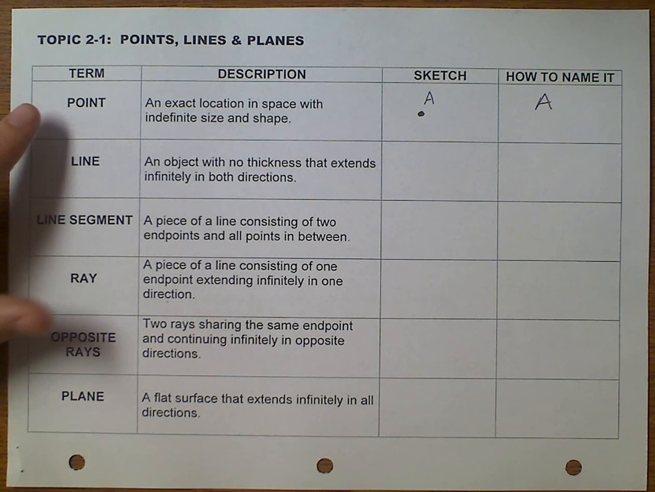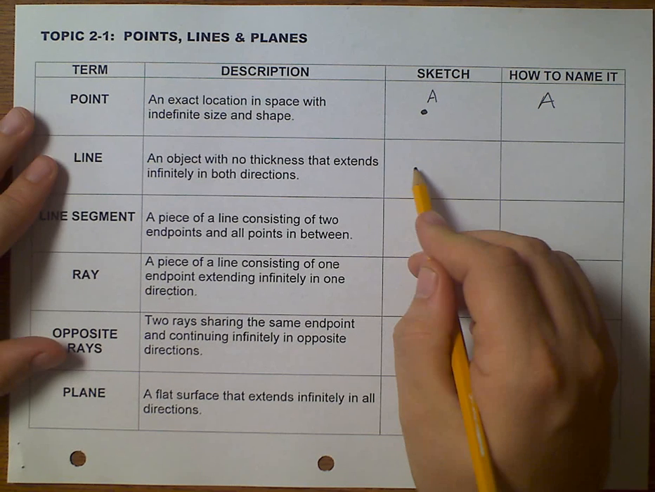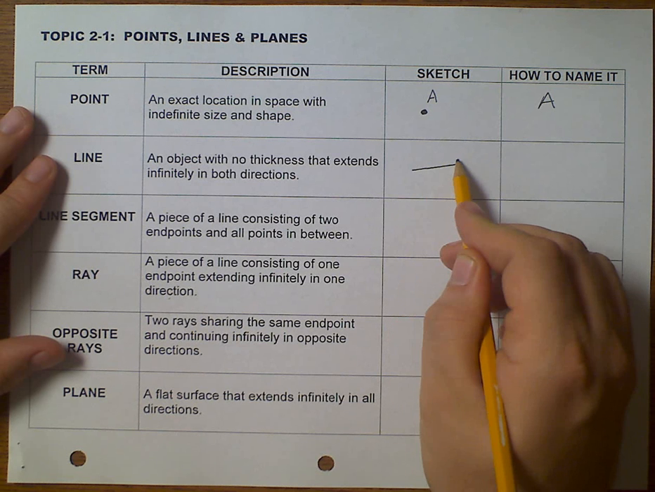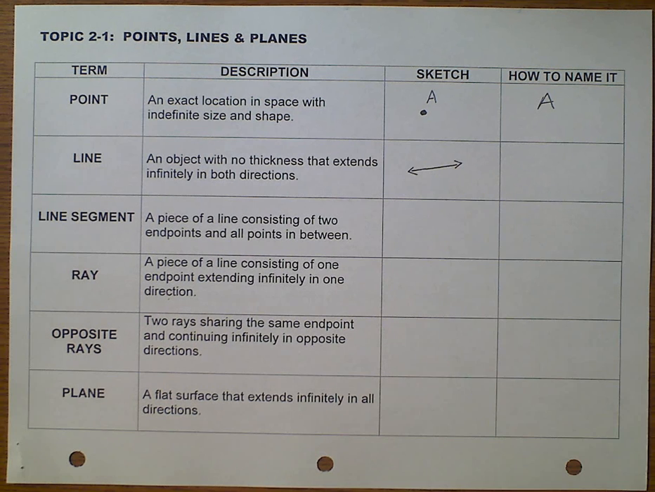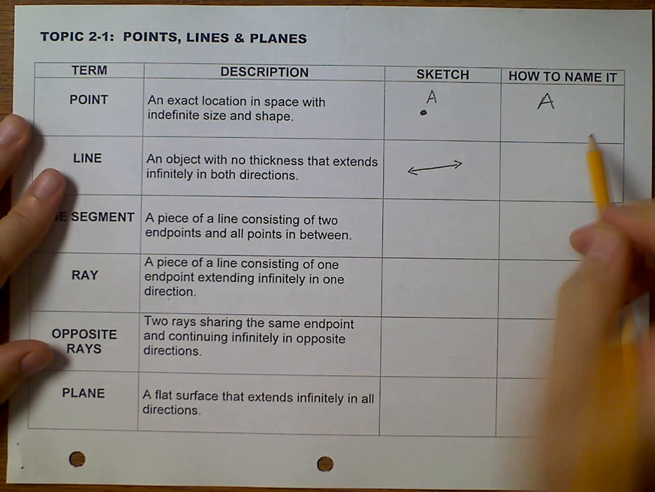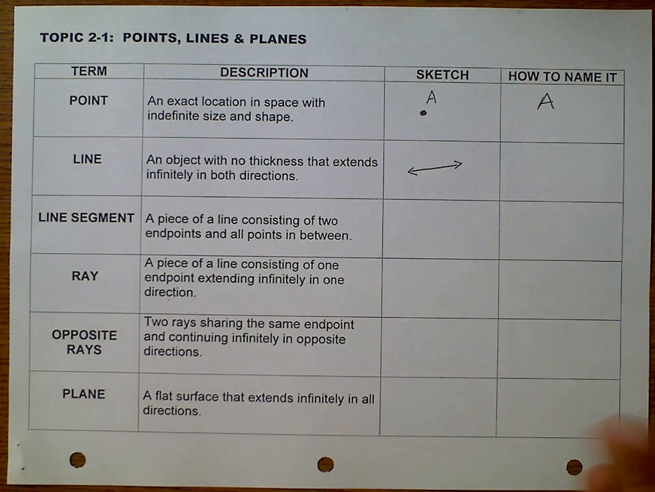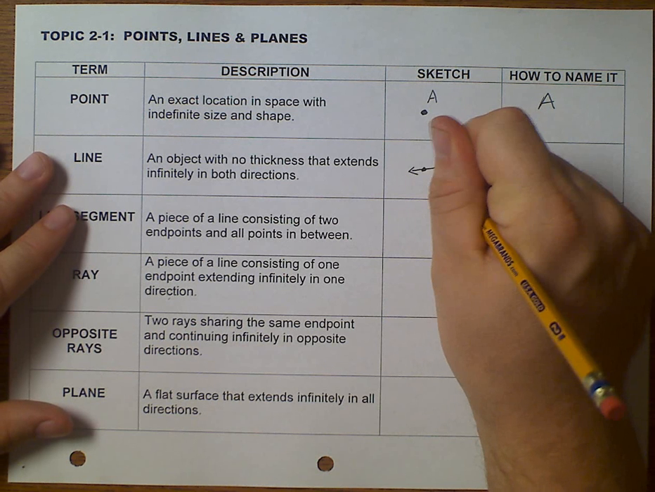Now a line is an object with no thickness and extends infinitely in both directions. So we're going to draw a straight line. In geometry, whenever we talk about a line, we're talking about something that is straight. Okay? And it goes forever this way, it goes forever this way, and it has no thickness to it. It's just a marker saying we're going this direction and this direction. And we can have a couple of points on there,